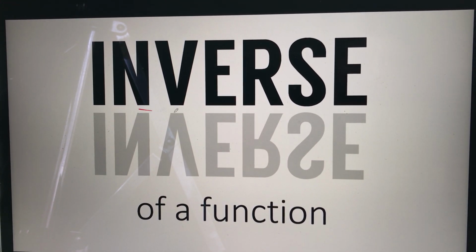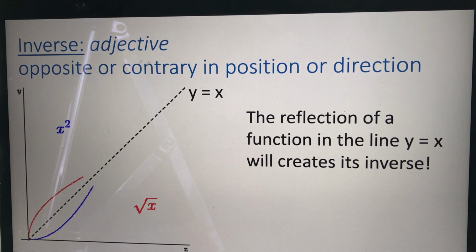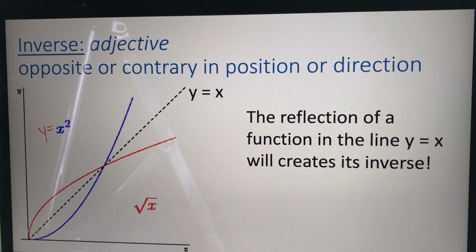Okay, today we're talking about the inverse of a function. So the inverse, it's the opposite, or we say contrary in position or direction. So if we have a function, y equals x squared, then the inverse of that function, the blue is y equals x squared, the inverse ends up being a reflection of the function in the